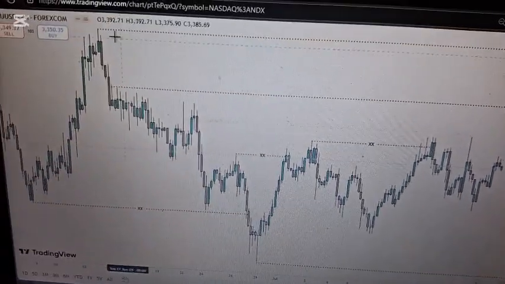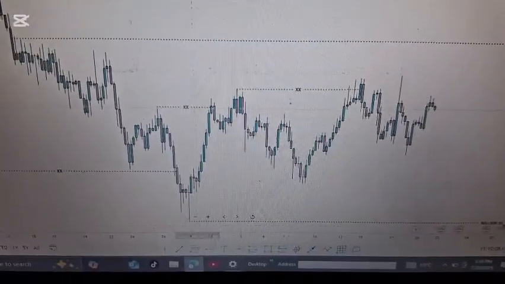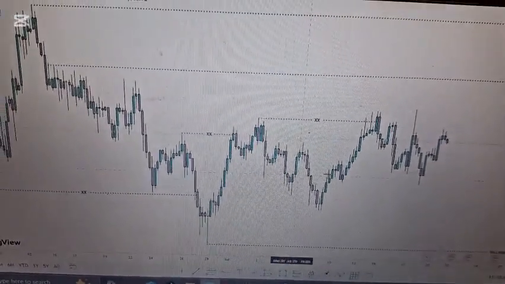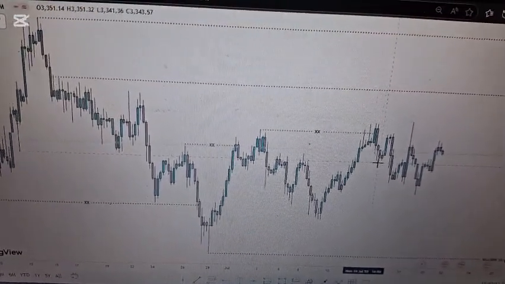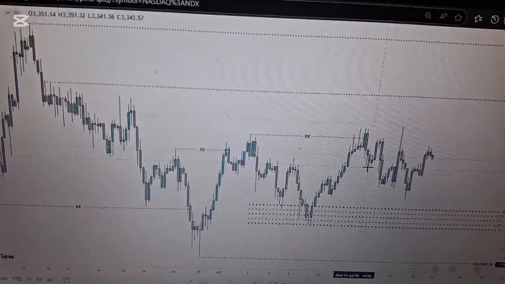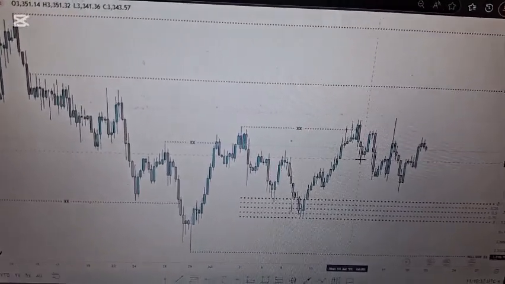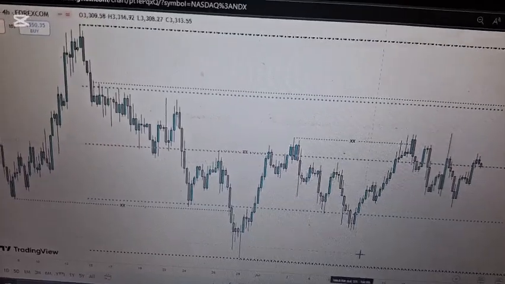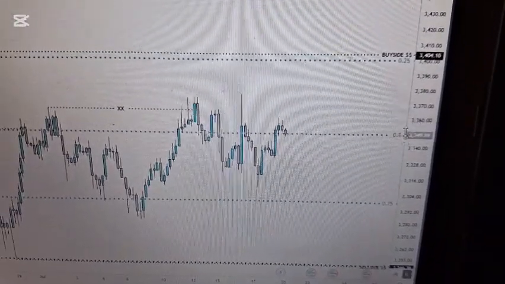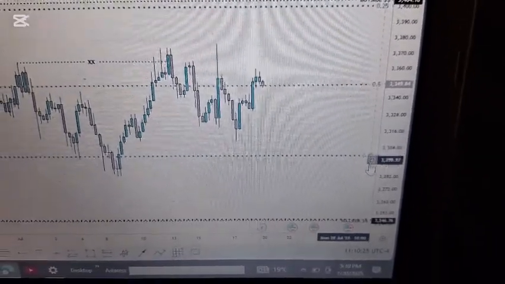I'm gonna mark the high to the low with the fair value gap, you feel me? Just to see where's the 50% level and what the market does. Let me do this. Here it is. This is the 50% level. As you can see, we have the 25% level, 75% level.